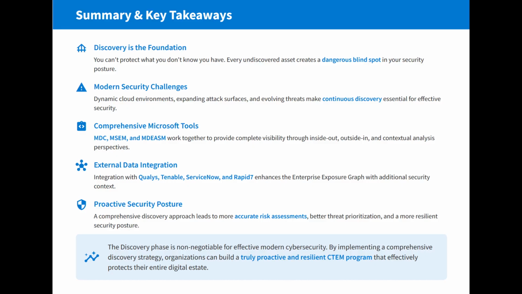This enriched data empowers advanced hunting capabilities using Kusto query language against the exposure graph tables. Security analysts can perform deep dives, correlating data from various sources to uncover complex attack patterns. You can also visualize these external assets and their relationships within your overall attack surface map, providing critical context for